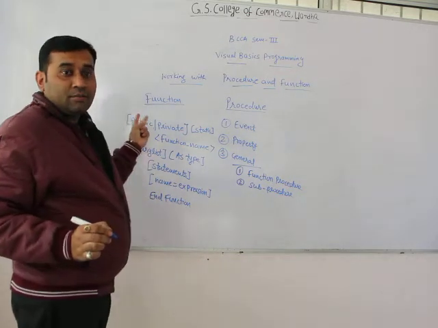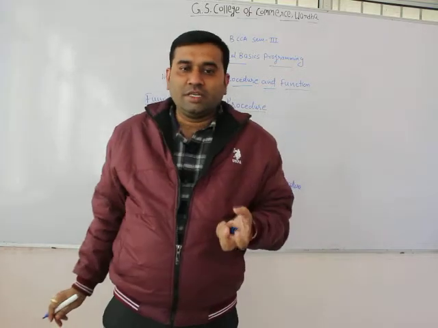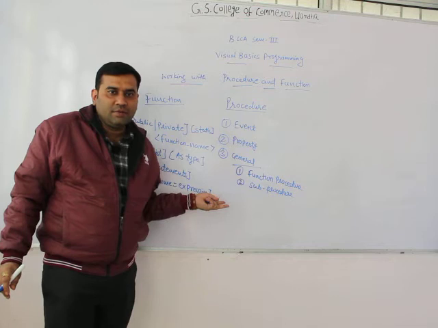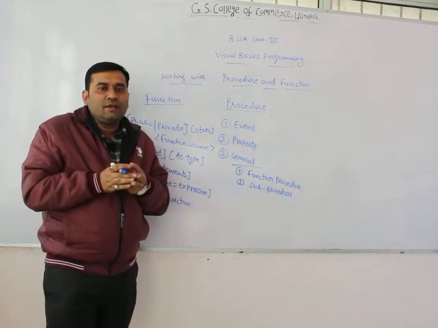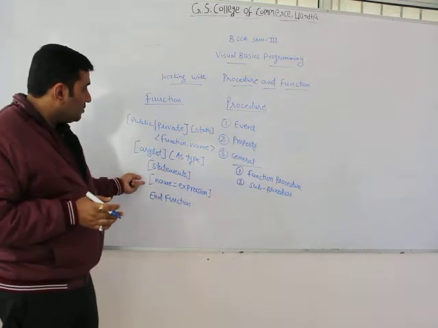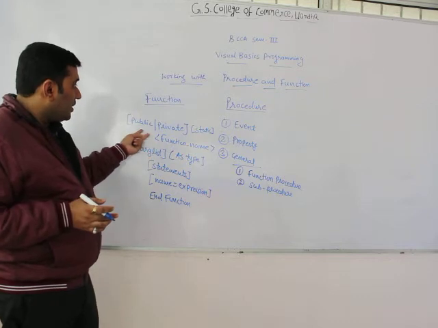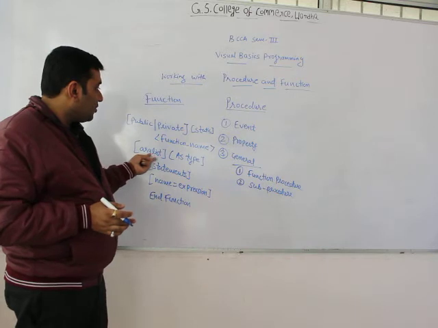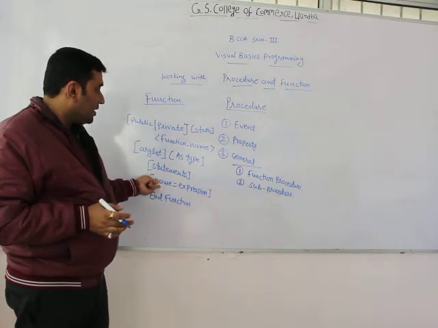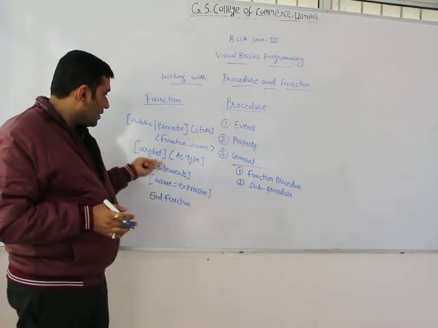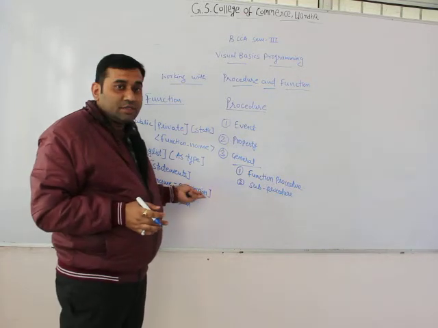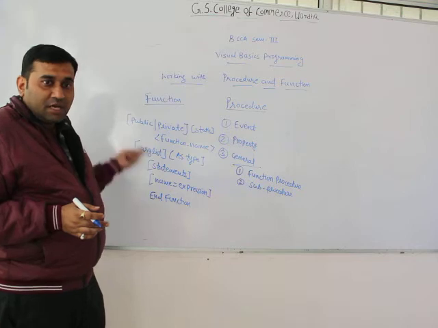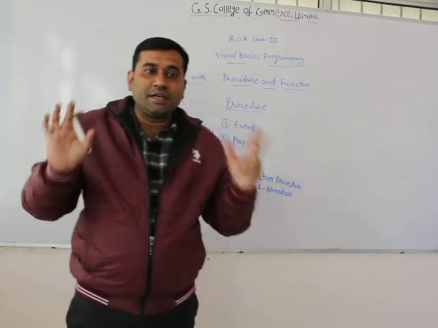When a function starts with the function name and begins with Function and ends with End Function, it returns the value. The function is declared with Public or Private, then the function name, argument list as type, statement, then name equals expression, and then End Function. In this way a function is declared and it returns the value.